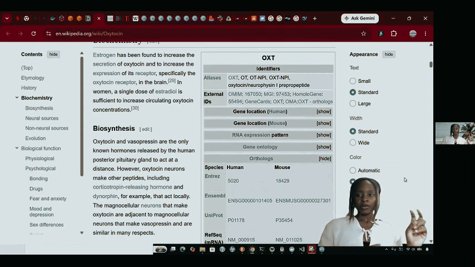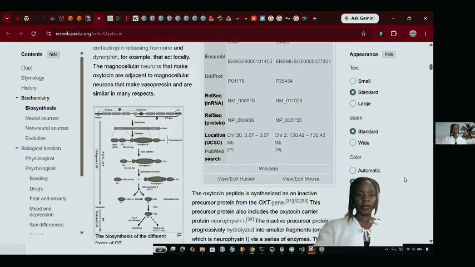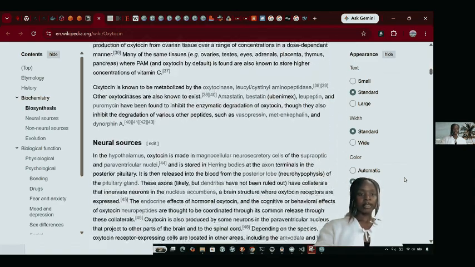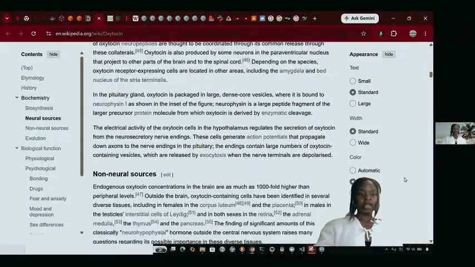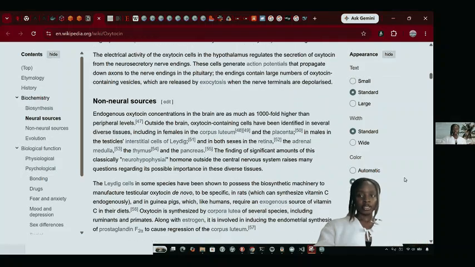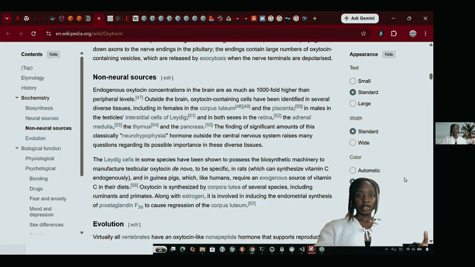In relationship bonding context, vasopressin and oxytocin have also been seen to have a co-regulating action. So it's interesting to see that they are both from the same site, right? Then there are the neural sources, which is from the brain, but there are also the non-neural sources. And then the interesting parts I saw that it's gotten from.